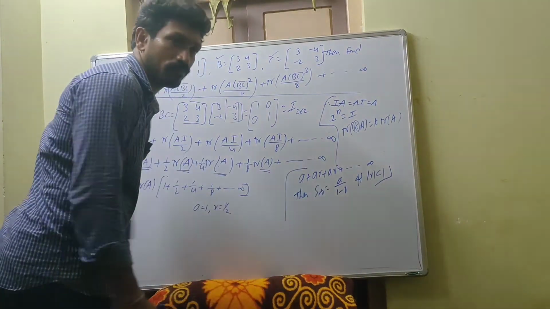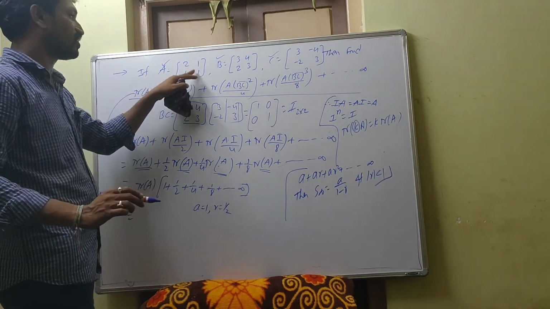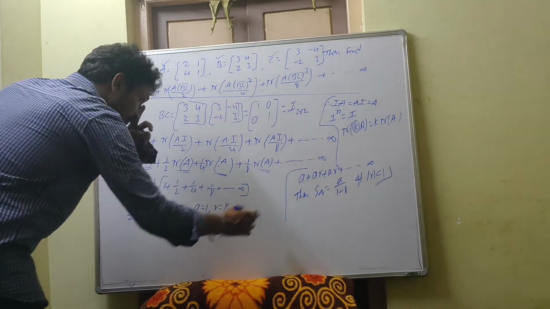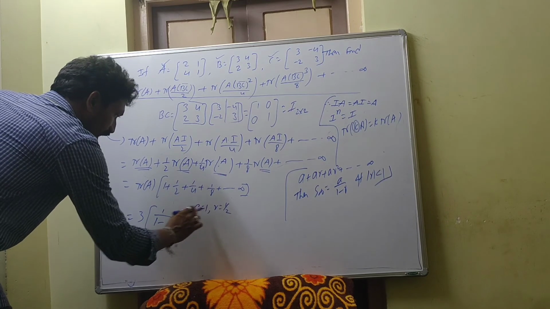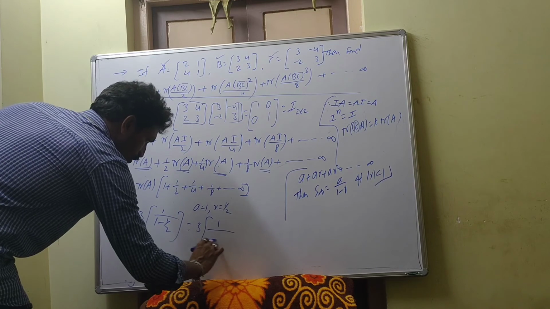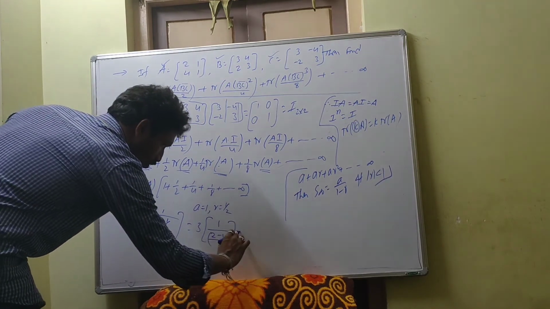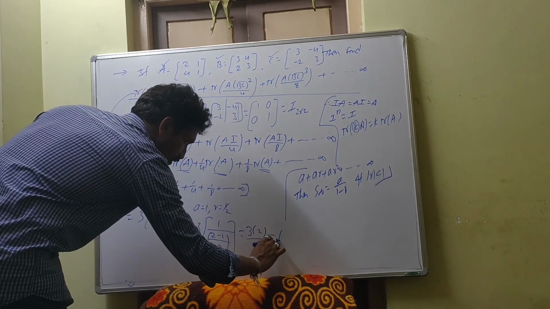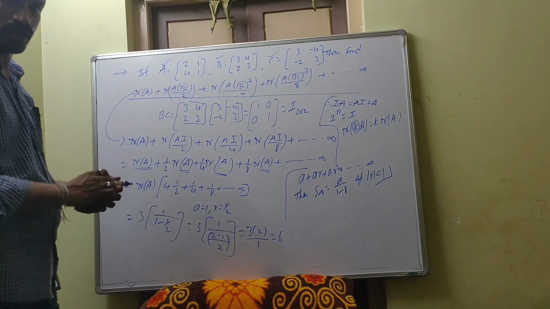So use this formula. So this is nothing but trace of A. Already we know matrix A. What is trace of A? 2 plus 1, 3. 3 into, use this formula: S infinity is equal to A by 1 minus R. Here A is equal to 1, by 1 minus R means 1 by 2. So this is equal to 3 into, 1 and 2, LCM 2, 2 minus 1. So this 2 goes to the numerator. So 3 into 2 by 2 minus 1 means 1. This is equal to 6. So this is a very important model problem. Okay, go to the next problem.